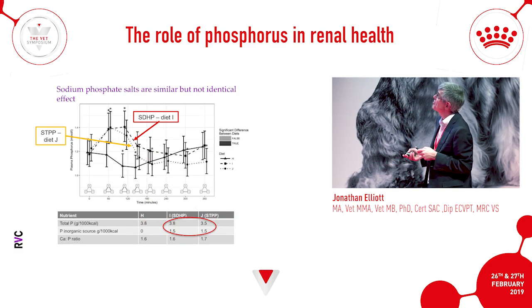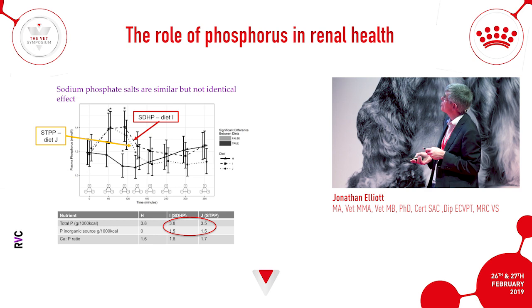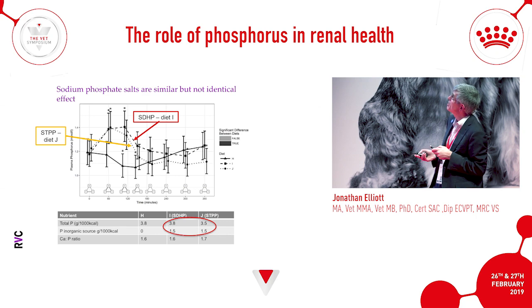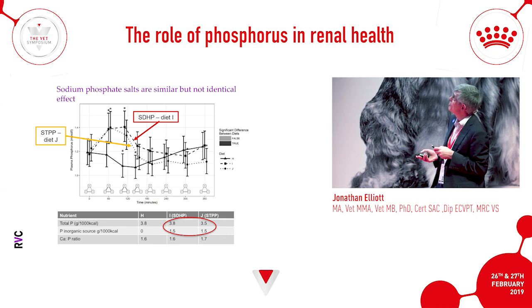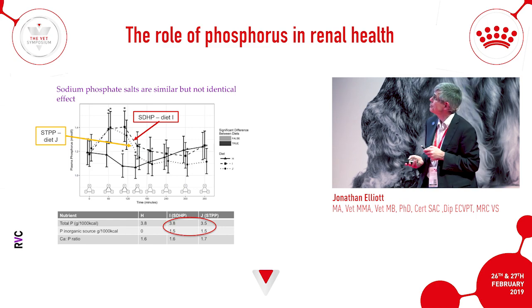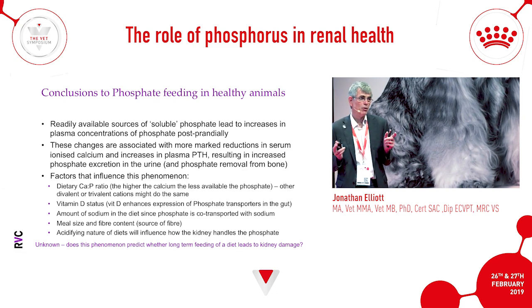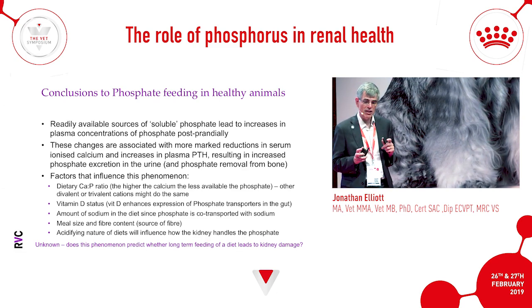And just to emphasize that, these are the two diets where we've got the sodium dihydrogen phosphate, and we're comparing it to diet J, which has the STPP, and you can see that there is a difference in terms of the return to baseline phosphorus is much more rapid with the STPP diet compared to the SDHP diet, which stays up for longer. So just to conclude, readily available sources of soluble phosphate lead to increases in plasma concentration of